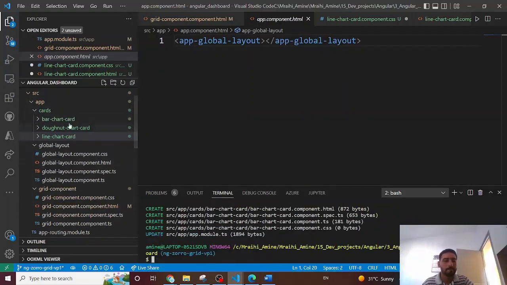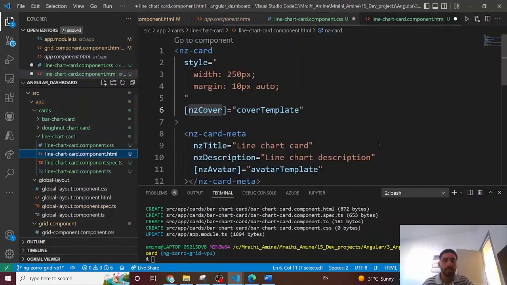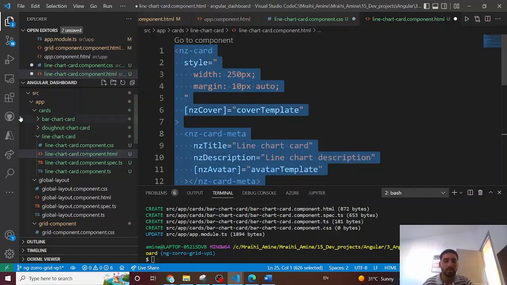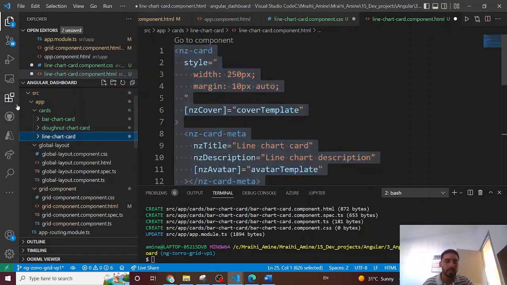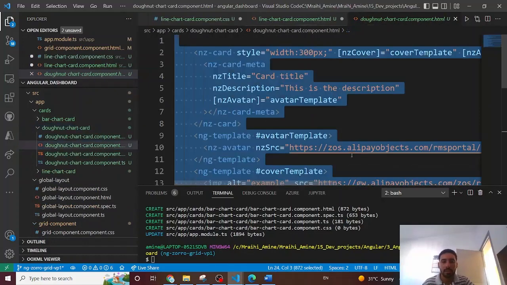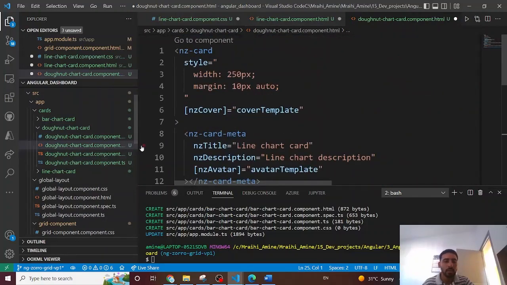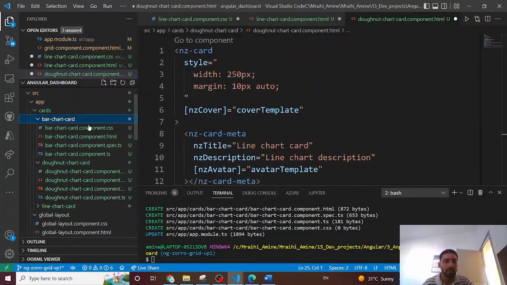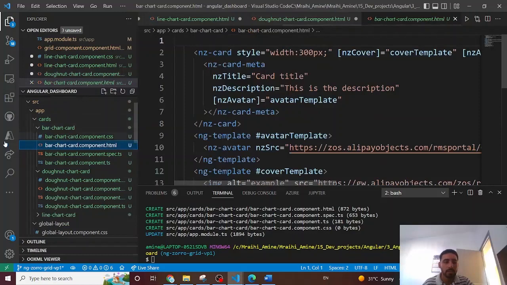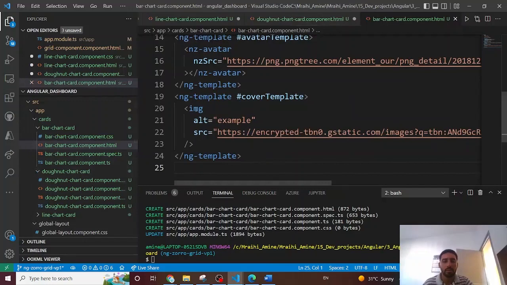What we are going to do here is just copy the code of the line chart HTML card and paste it inside the HTML code of the donut chart and the bar chart. Okay, when we save them. Now we can just